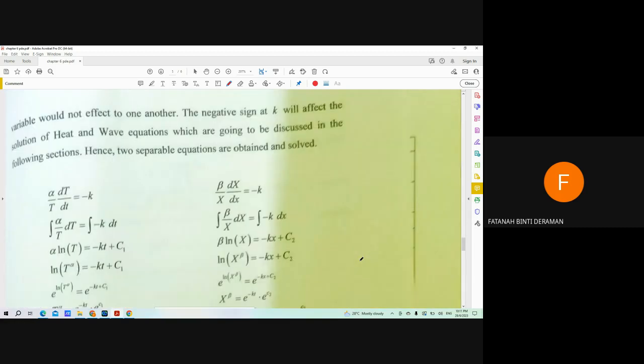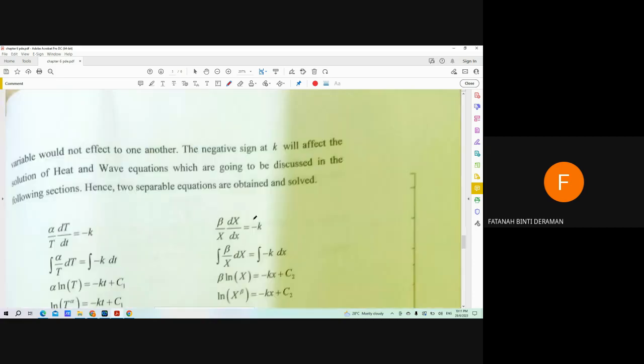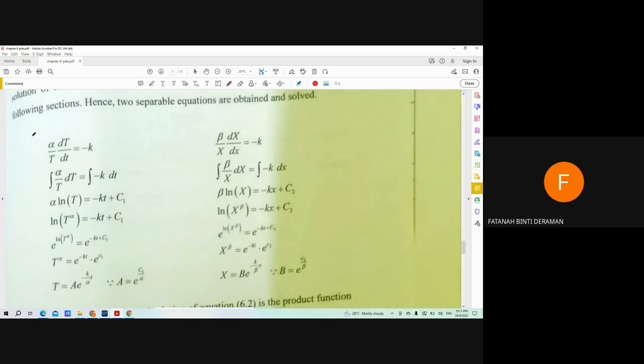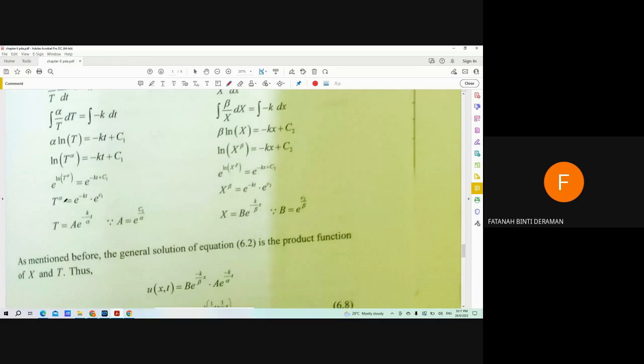And then from this we separate them because this is t with the t, x with the x. Okay, so this is separable. So you integrate both sides and then you will have ln T and so on, and then you will get T of alpha equals e to the negative kt times e^c1. And then T equals to,